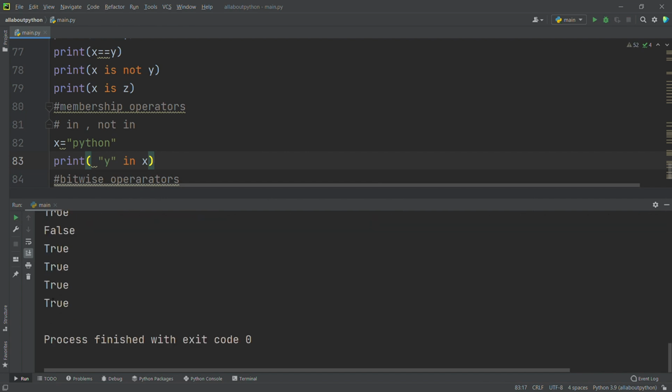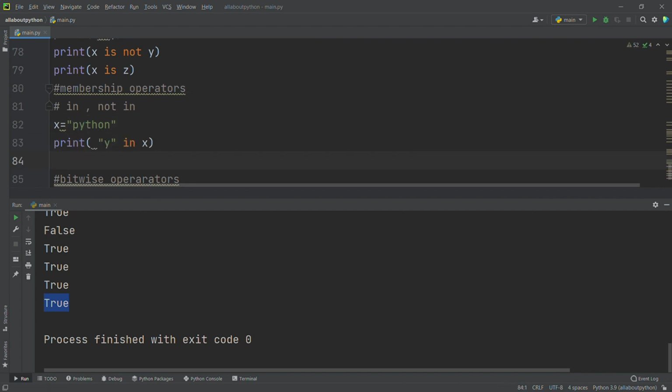See, it's printing true. Why is it printing true? Because here I am checking whether the string y is inside x or not. Here p is the first character and y is the second character, right? Now I will say print of y not in x. What is going to be printed?